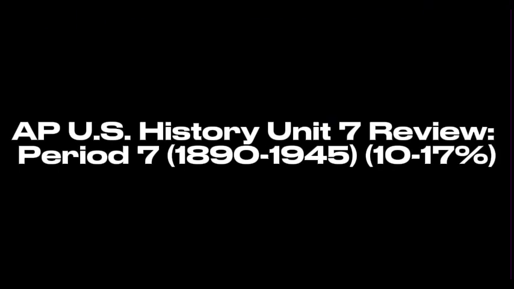And we can't forget the resistance from the colonized people. Like Queen Liliuokalani in Hawaii. Her overthrow became a powerful symbol for the anti-imperialists. And thinkers like W.E.B. Du Bois immediately drew the connection, saying imperialism abroad was just another form of the racism and oppression Black Americans faced at home. It was all part of the same system of white supremacy.